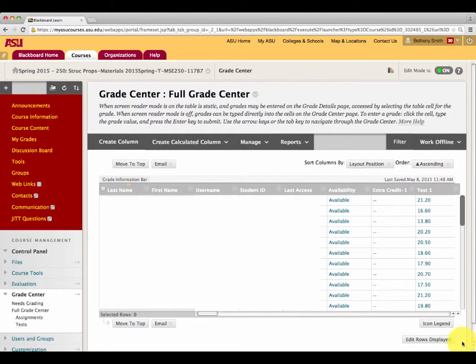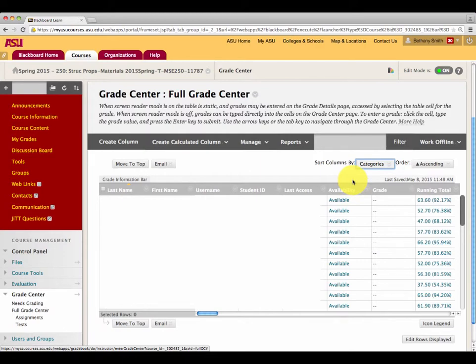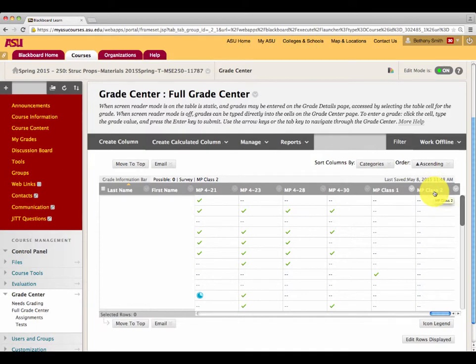To find the surveys that we're looking for more easily, I like to go to sort the columns by, and then you roll your mouse over here, and then you click categories, so that way each category, like say a test, homework, surveys, are all grouped together. So now we're going to use this scroll bar to find our two example surveys. So here are our two example Muddiest Points Class 1 and Muddiest Points Class 2 example surveys that we have